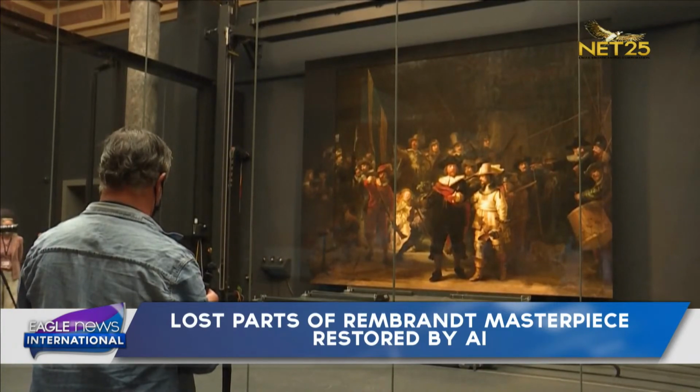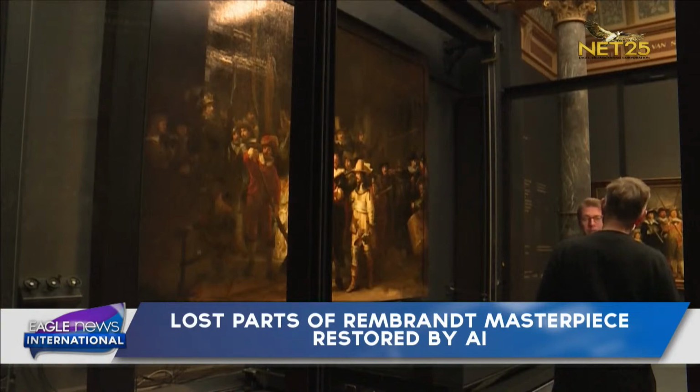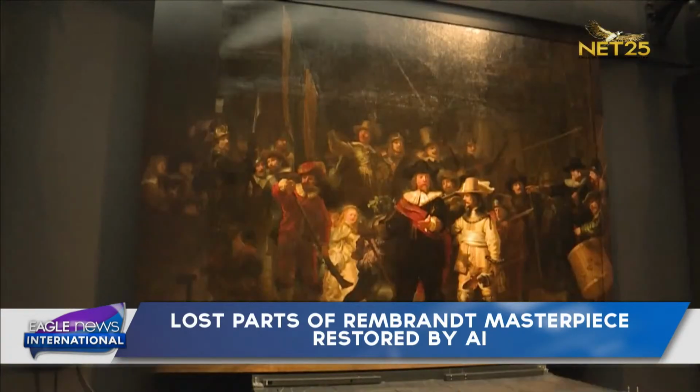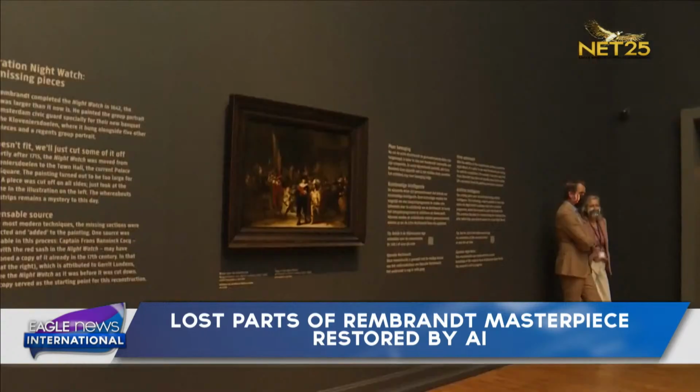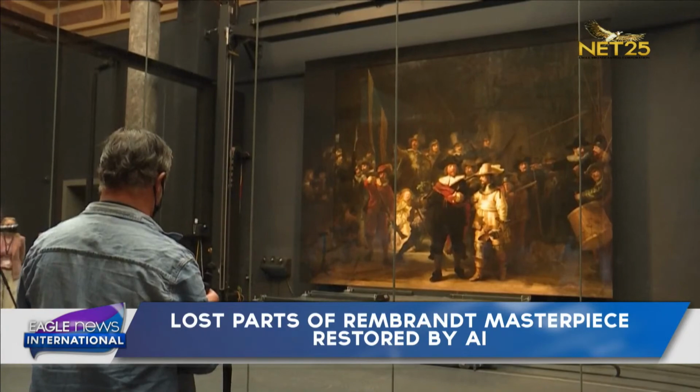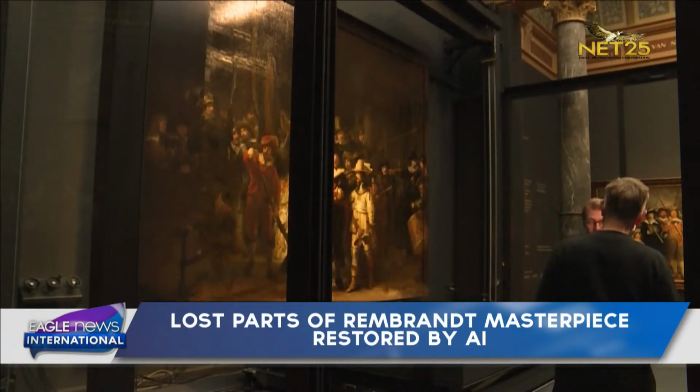So the goal is to take this and to use it to make the reconstruction of all four sides that were cut off. But the problem is that the painting is by a different painter, it's in a different style, it has a different color, and even some of the geometry is a bit different. So if we were to simply blow this up and put it next to the Night Watch, it wouldn't match in any way. So to help it match, I've trained 3 separate neural networks to help with this process. So that's a kind of artificial intelligence in which we...